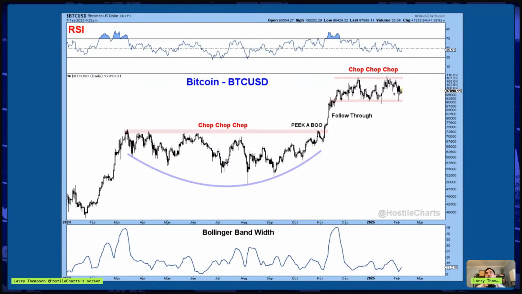And so this chop we're seeing here is from the context of an underlying uptrend, but it's also kind of normal in February. New presidency. All this stuff in the market is actually noise until we get a resolution either above this 107.5 level or below this 90 level. So you're just going to have to be patient in this market and wait for the right trade, because right now the pond isn't full of fish. The pond's full of just a bunch of sticks that people are pulling out. In this time frame, we just want to wait for those upside resolutions. That's how I'm looking at the market as a whole right now.